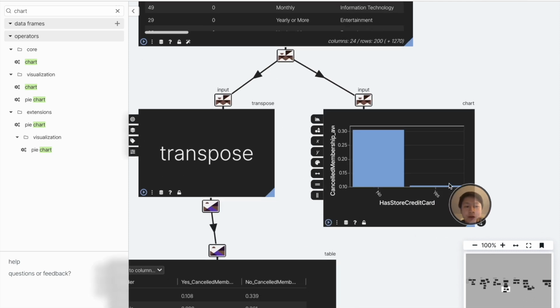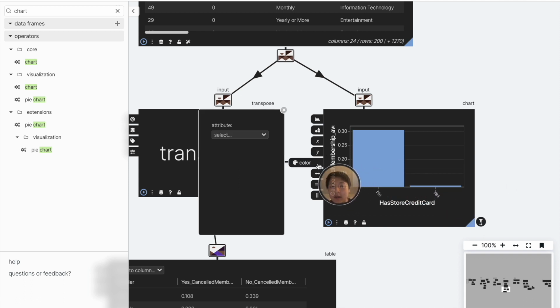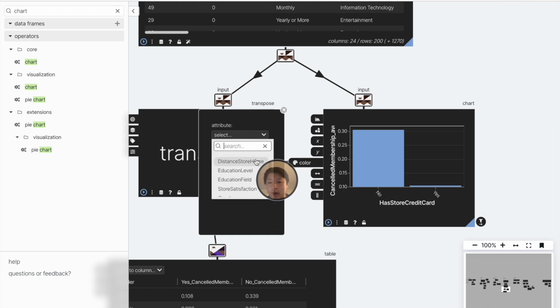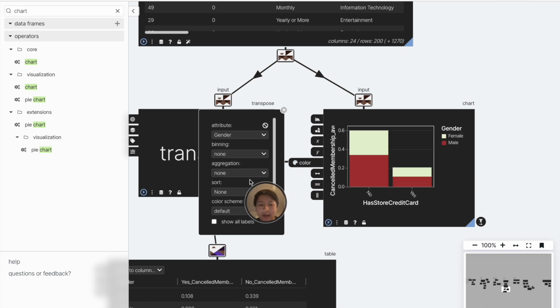I can see that for those with a store card, it's about 10% cancellation. For those without, it's about a 30% cancellation. And I can break this down further. I can see whether that gender variable I was looking at earlier matters,